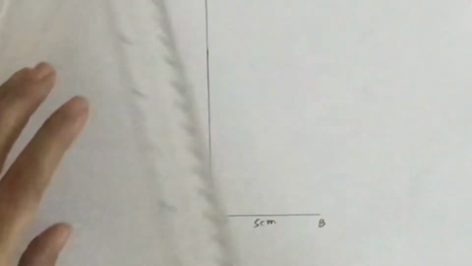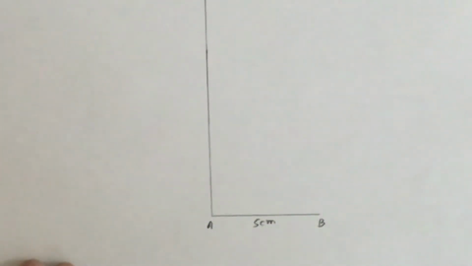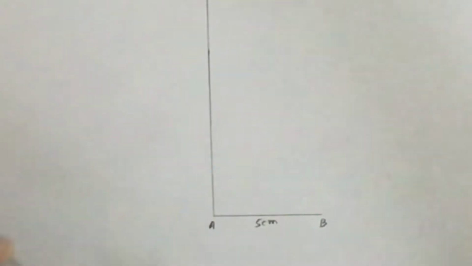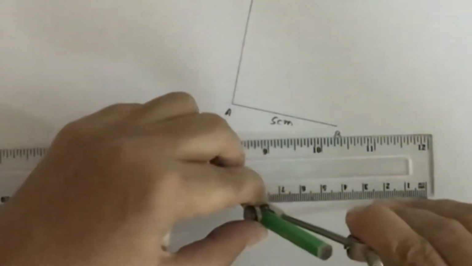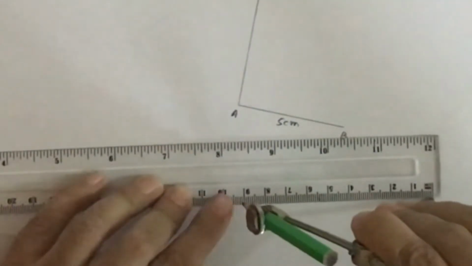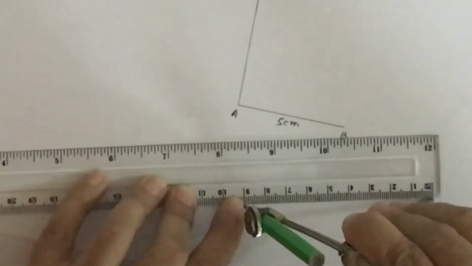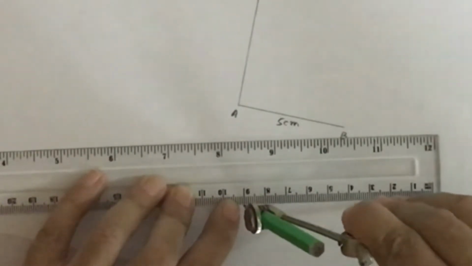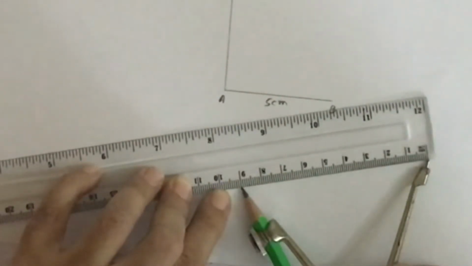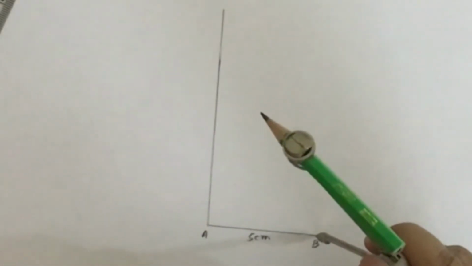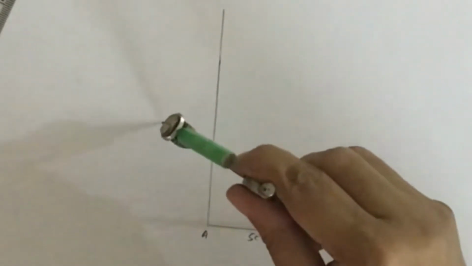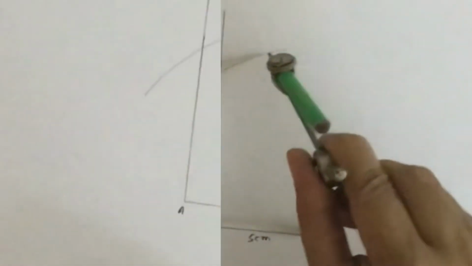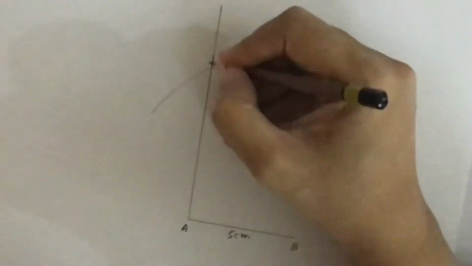I shall extend the line because I have to draw the arc of 9 centimeter. BC is 9. From B, I have to draw an arc of 9 centimeter. So here it is 0. I shall put my needle on 0, fix it on 0 and extend my pencil till 9. This is, you can see, 9 centimeter. Draw an arc which will definitely cut the line of angle 90 degree. That point of intersection of the angle and arc is C.